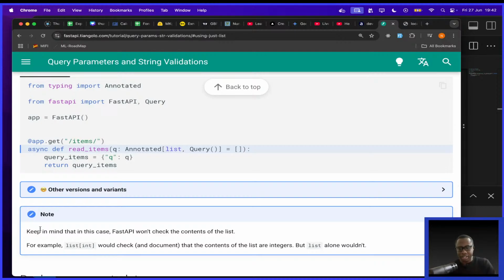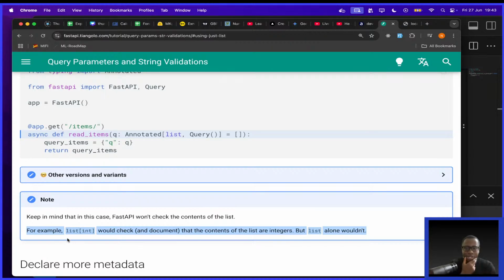So they're saying, keep in mind that in this case, FastAPI won't check the contents of the list. So ideally, you're telling FastAPI, I'm just going to give you a list of anything. And because FastAPI doesn't know what list of things you're giving it, it won't check the contents. Yeah, this makes sense. So they're saying, for example, list int would check and document the contents of the list